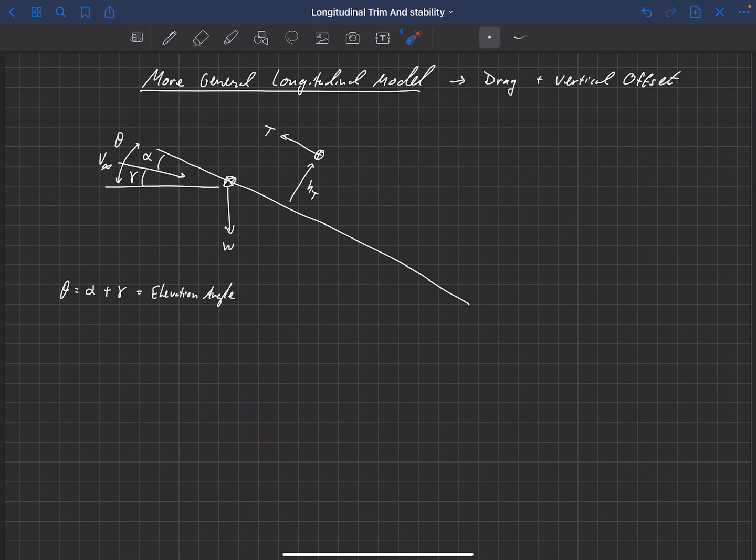Okay, so then let's look at just a generic wing, and we're going to give it an offset here. I'm going to draw that a little bit exaggerated, but so that we've got an aerodynamic center there, and that is offset by, we're going to call that h of wing, the height of the wing, and the distance back from the center of gravity, we're going to call that L sub w.